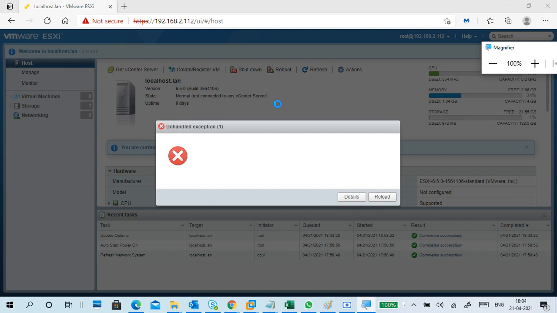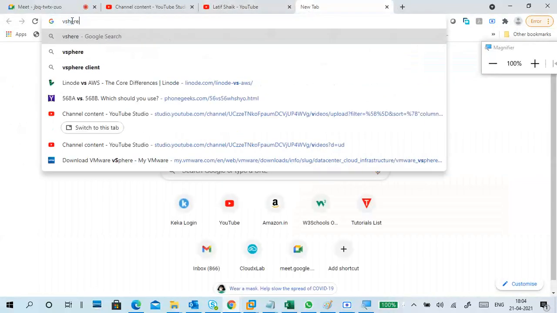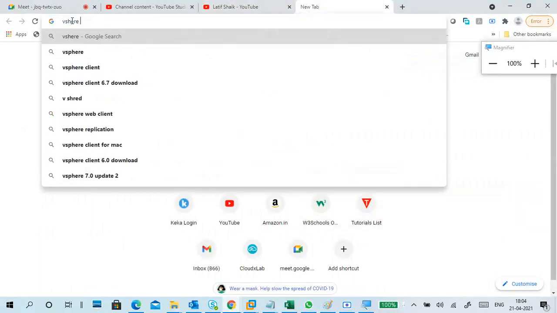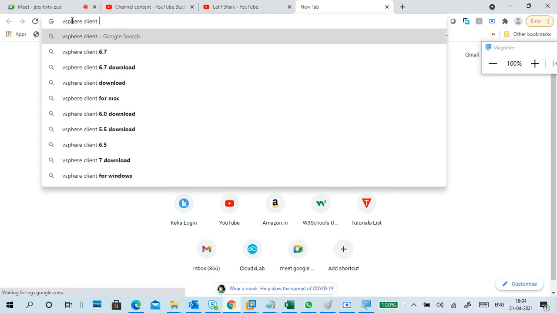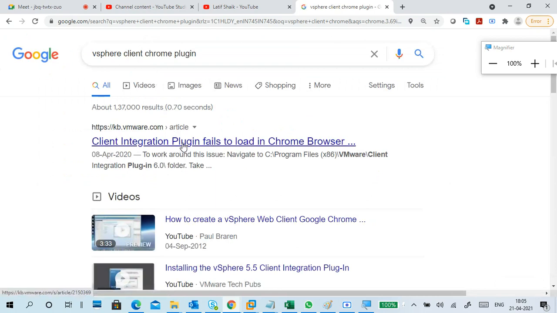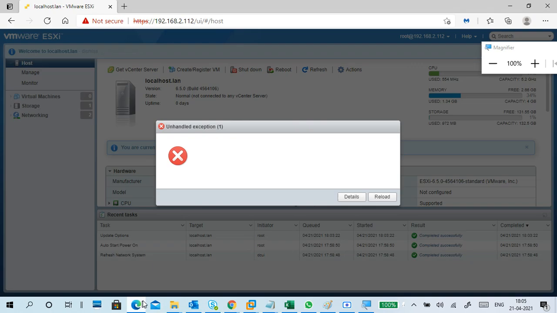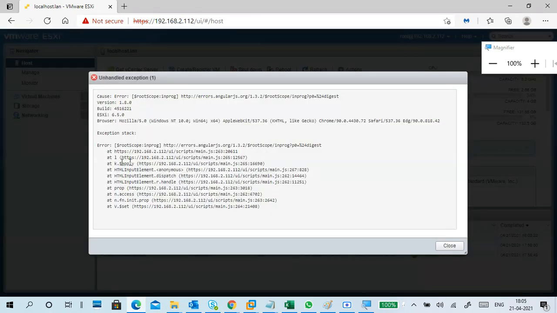Why is it showing like that? vSphere and Chrome plugin. Maybe these plugins or maybe other things. Why we got a problem, we also don't know.